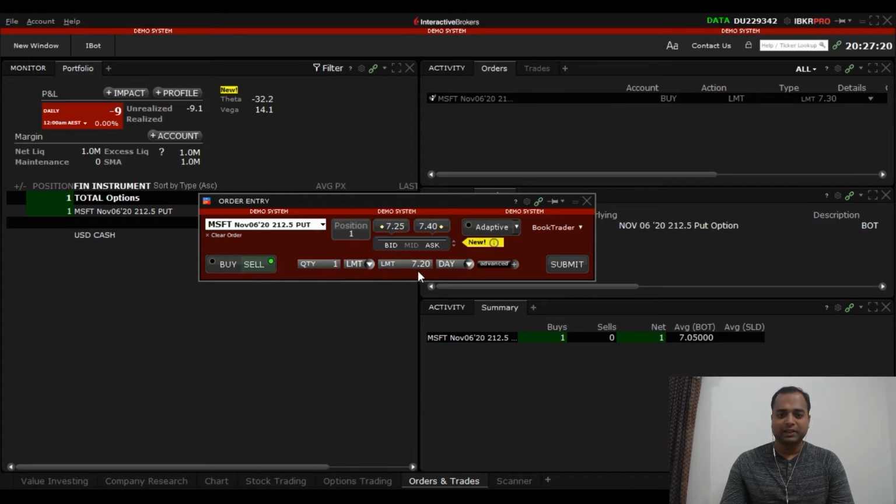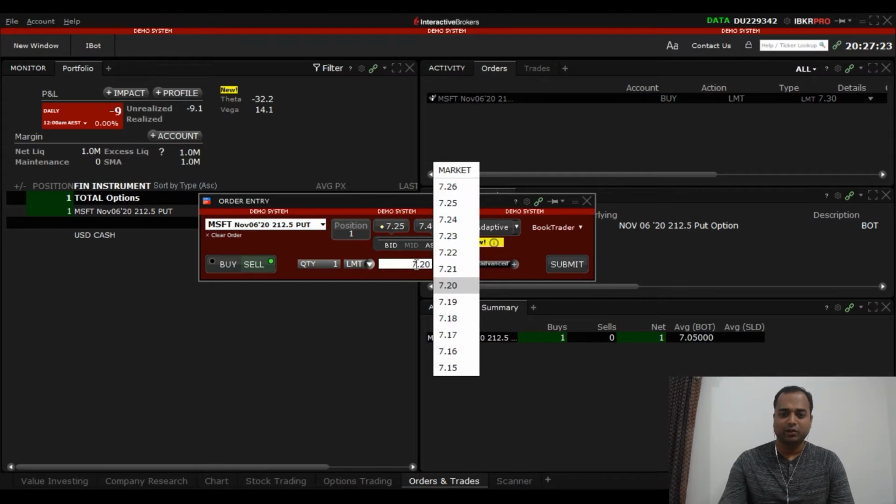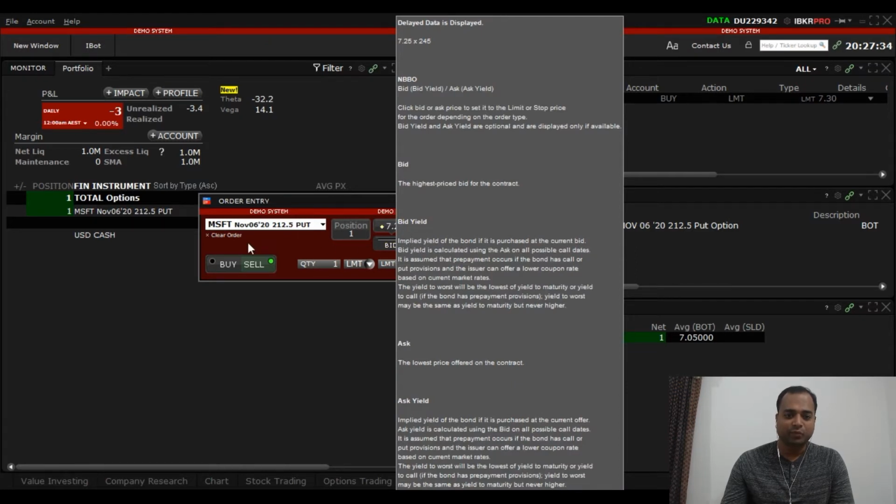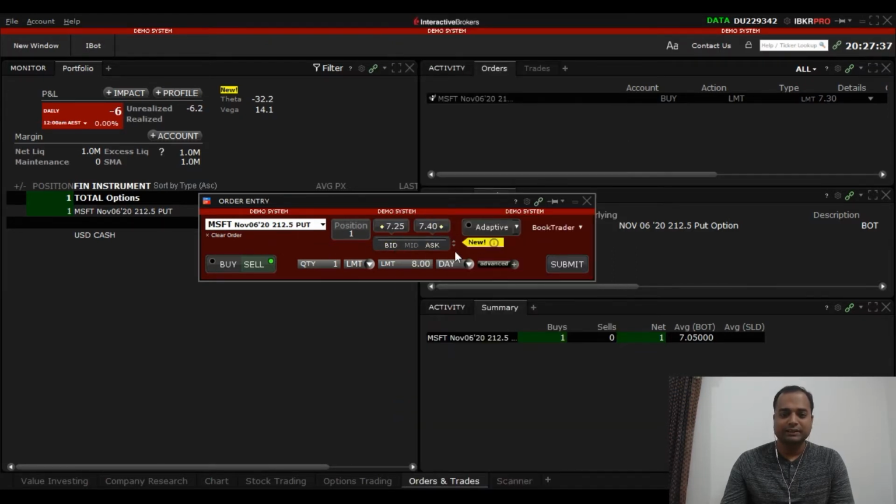So basically it means that if I put the limit price as 7.2 here, or maybe let's change it to 8. Okay. So if I have put the limit price as 8 and right now it is hovering between 7.2 and 7.4, but I have placed the price as 8, what it means is when the price reaches 8, my contract will automatically be closed. So I will have a profit of 8 minus the premium I had to pay at the time of entering the contract. So let us assume I paid a premium of $6.